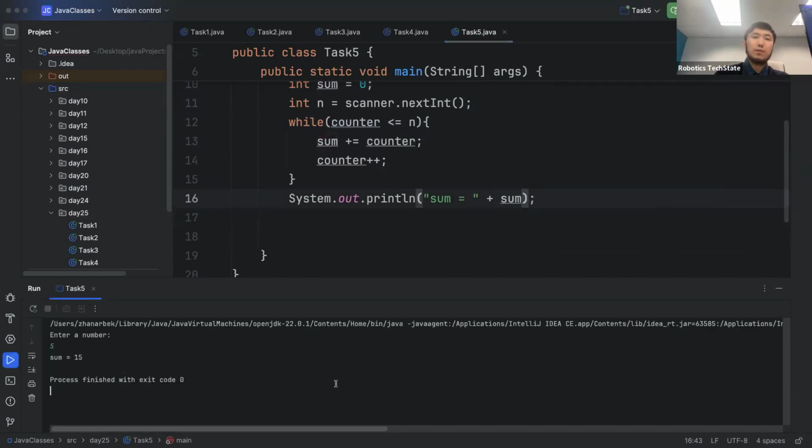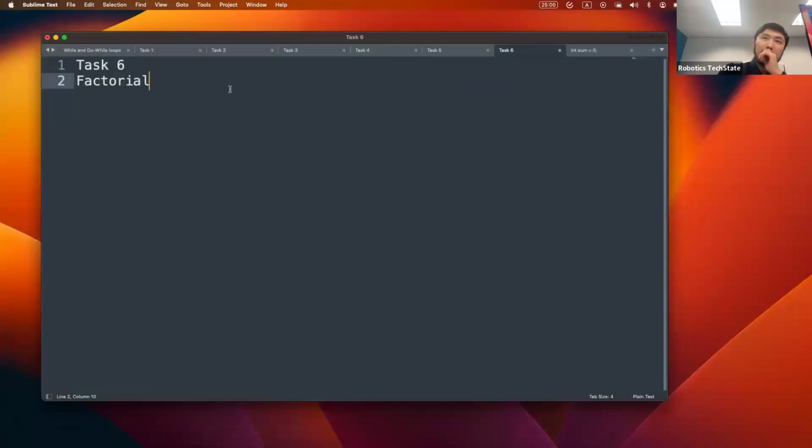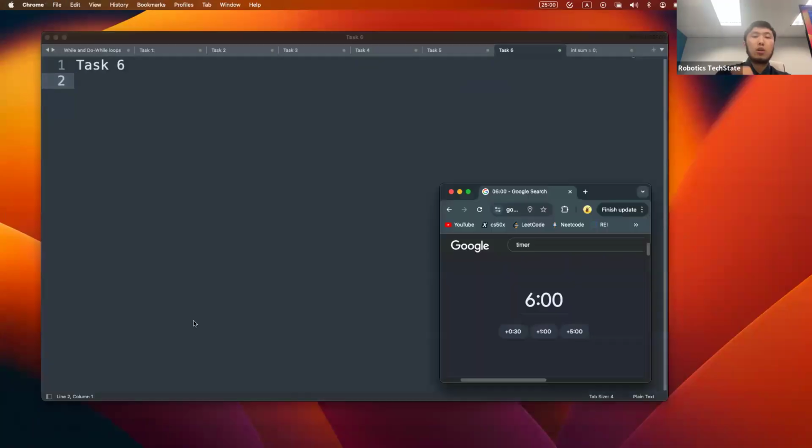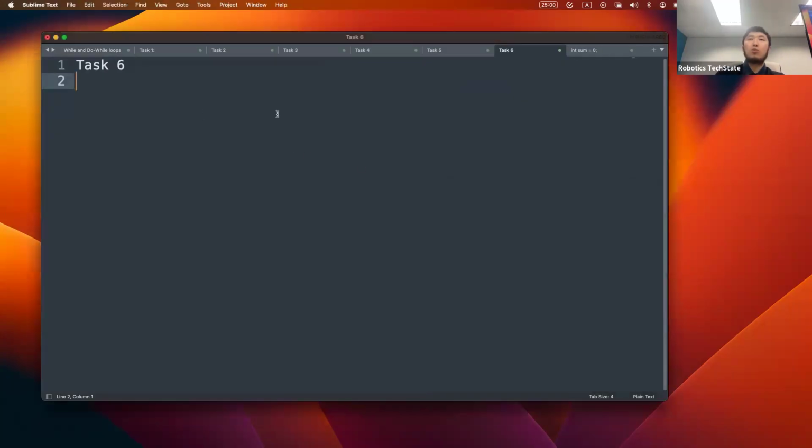All right, next task, guys. It's not going to be factorial. It's going to be a different task. It's going to be this task, guys. So create a class called task6, and this task will prompt you again and again, over and over, to enter something. Write a program